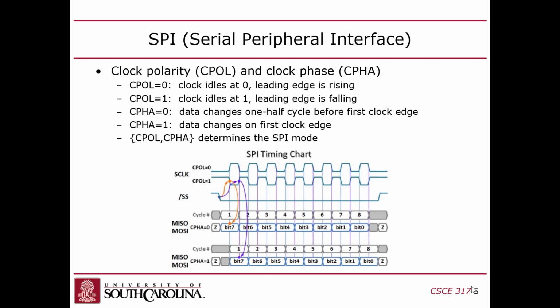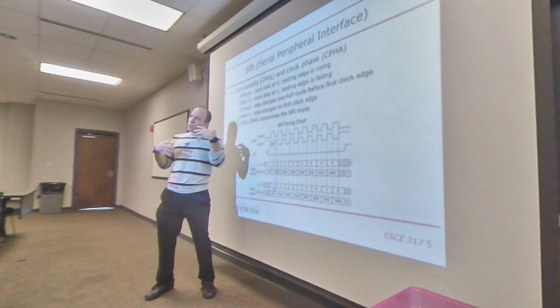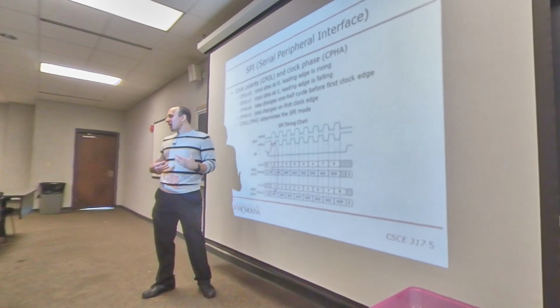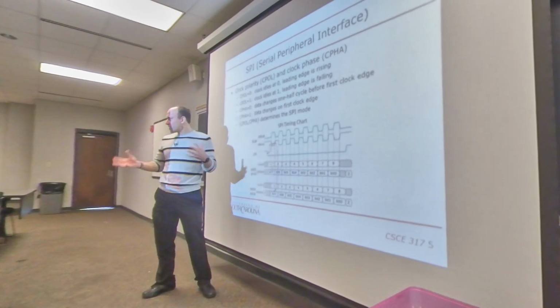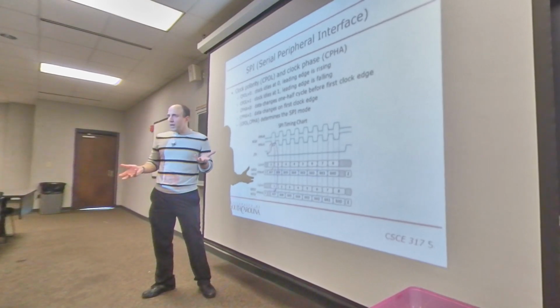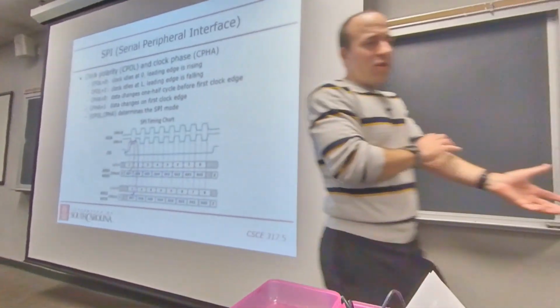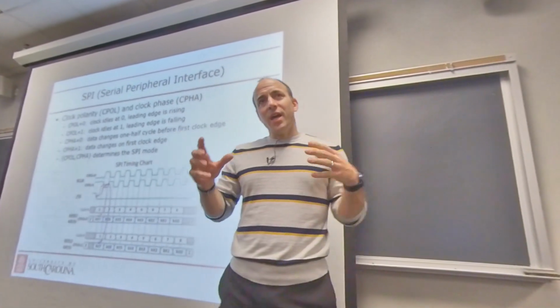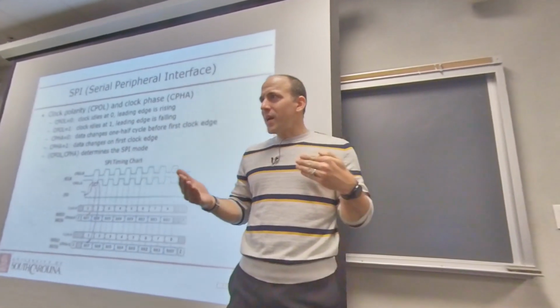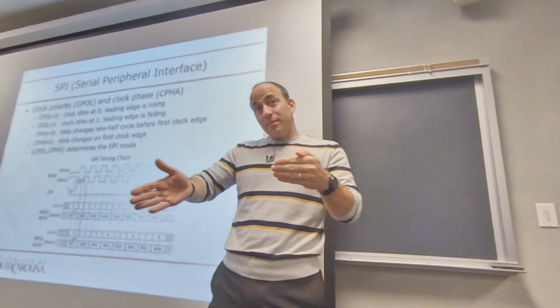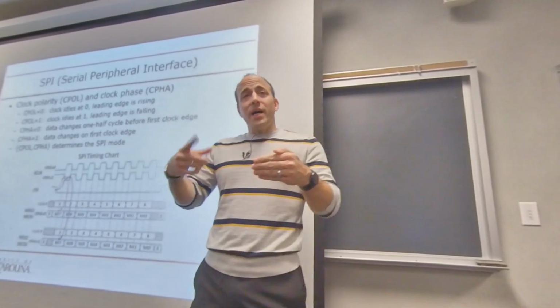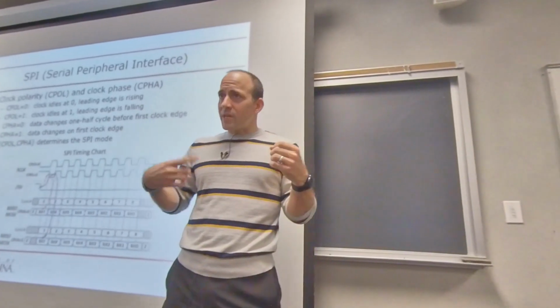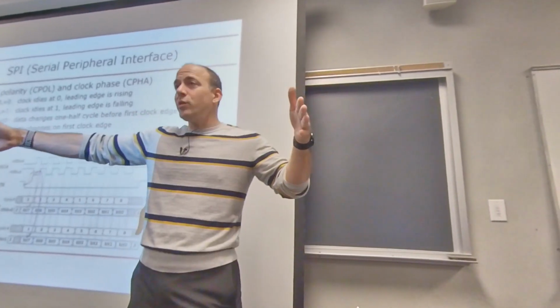And you'll also start sampling data not on the first falling edge of S clock, but on the second falling edge, right? So what this means is you've got sort of a state that the software has to be in for every half cycle, right? So you can declare a global variable called SPI state that will be 0, for instance, when nothing is happening. And then when you initiate a master transaction, you can increment that to 1. And then every time you get a timer interrupt, you can continue incrementing that until you get to the last